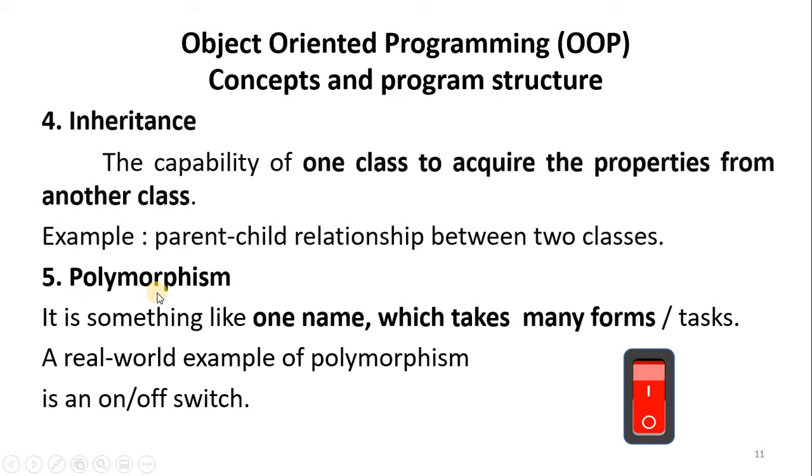Now when we go to polymorphism, polymorphism is another technique where we can take one name into many forms. One method you have written can be reused again in another form. Or one task you have written already, the same task, the same code, can be used in another form.